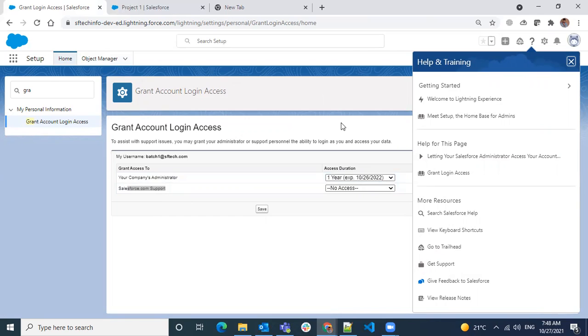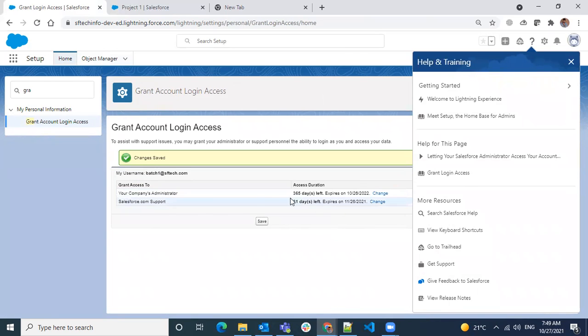Once we have granted access, only then can they log into our organization, check what the actual issue is, and provide a solution. So in that case, we need to grant them access like this, grant login access, and save. Then only when we raise a support case can Salesforce support log in.